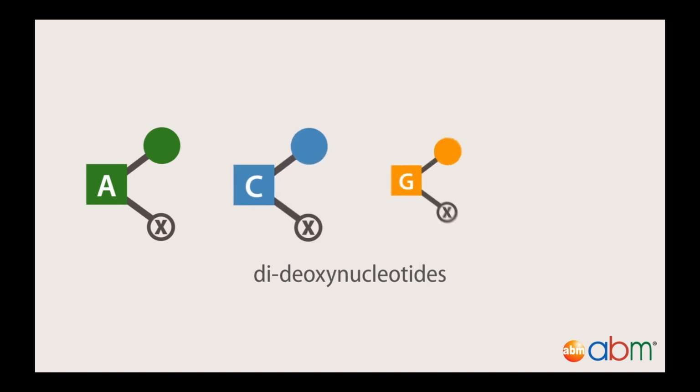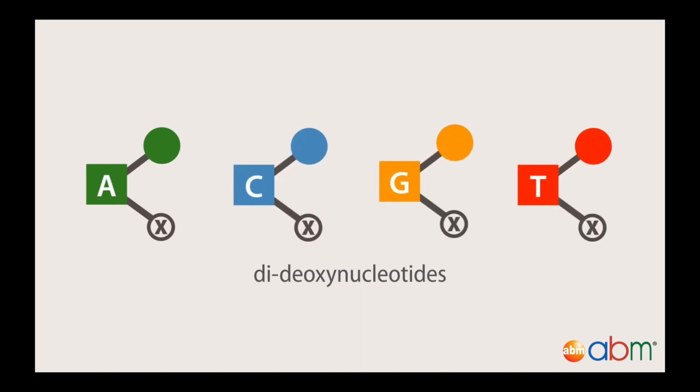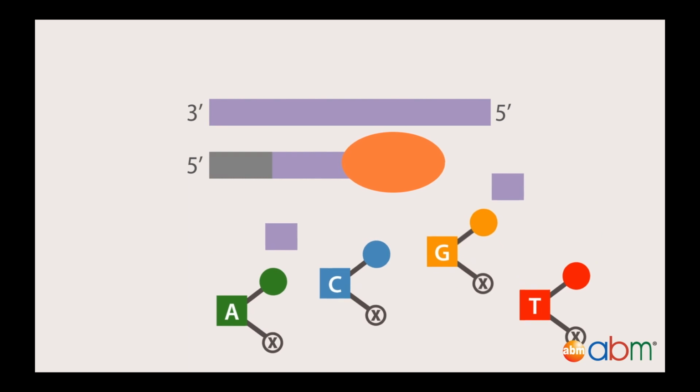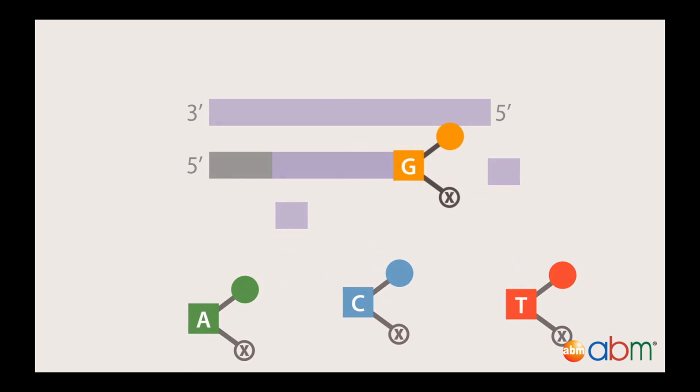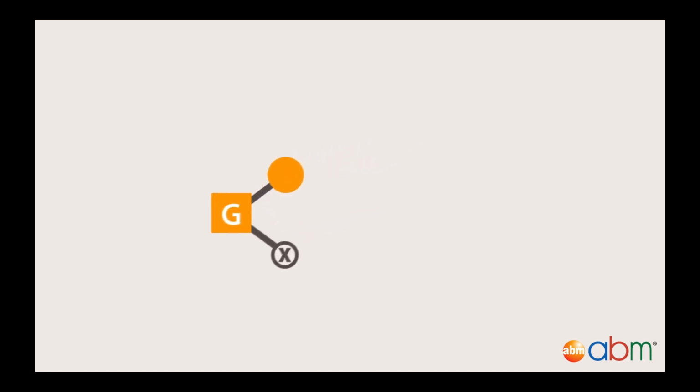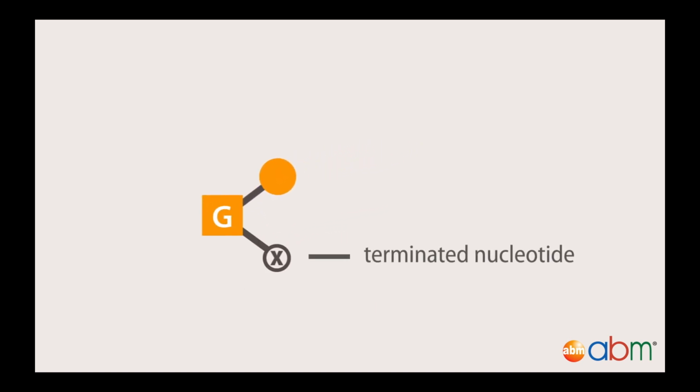Each reaction also contains a mixture of 4 dideoxynucleotides, one for each DNA base. These dideoxynucleotides resemble the DNA monomers enough to allow incorporation into the growing strand. However, they differ from natural deoxynucleotides in 2 ways. 1. They lack a 3' hydroxyl group, which is required for further DNA extension, resulting in chain termination once incorporated